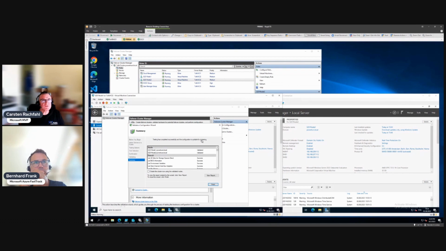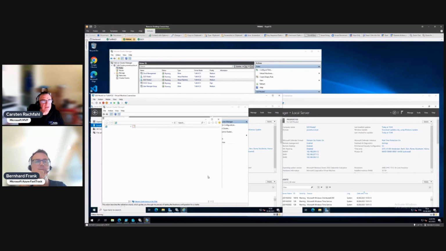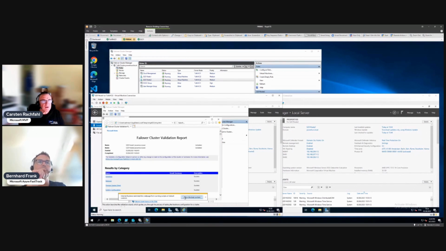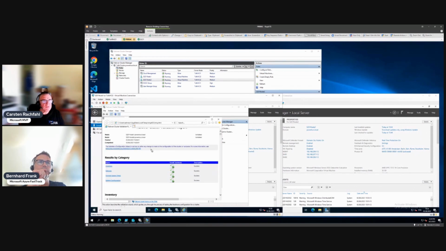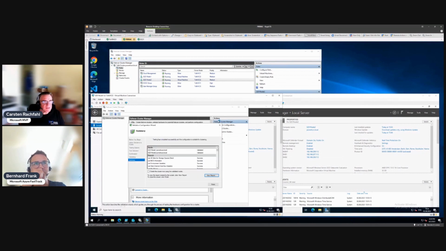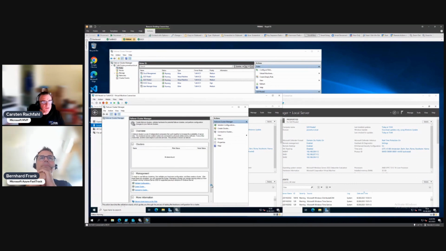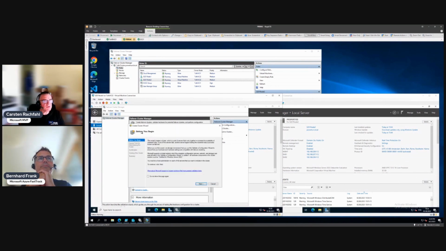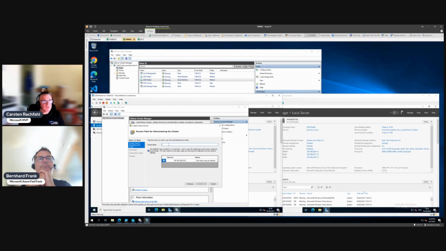Complete, successful and suitable for clustering. So you can look in the block content. So you see here we have a really nice test. Everything is green. So we can go on with our cluster creation. And you see here there's a little check box. If we use that, create the cluster now using the validated nodes, we will do that. So we get into the cluster creation wizard. And here we have to give it a name,